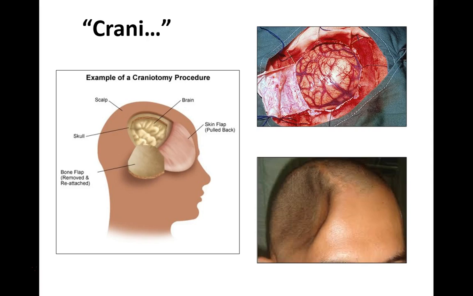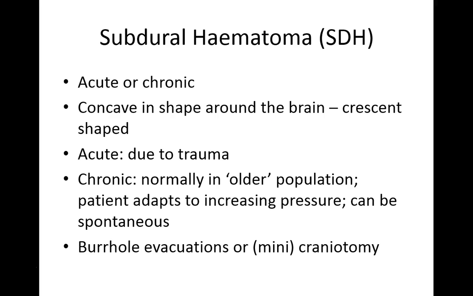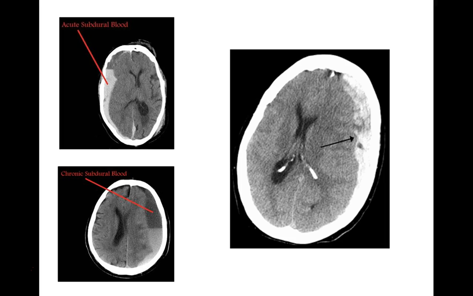So, different types of brain surgery, or reasons for it. Subdural hematomas can be acute or chronic, and typically are more of a crescent shape, as you can see here. A little bit more crescent, concave in shape. They can be acute or chronic, but